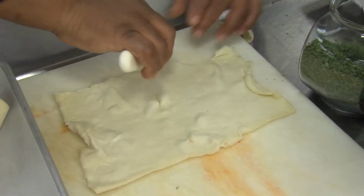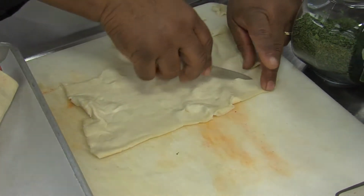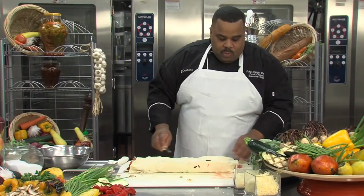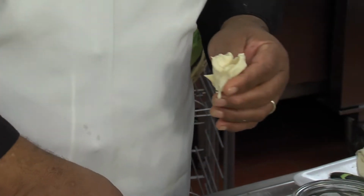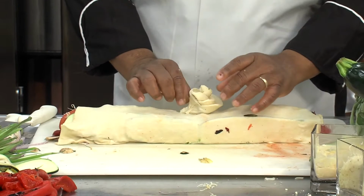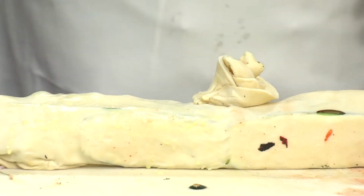I'll garnish my puff pastry. And I usually do a rose or a vine or something along that line. What I do is cut half moons, and at that time I fold them in, and it's a garnish. You don't have to have this. I usually set it right off the center. One flower. I'll take my egg wash